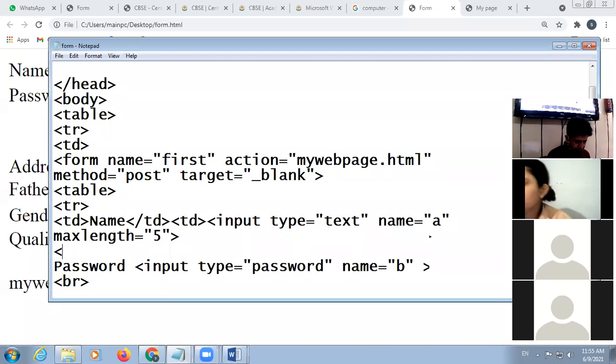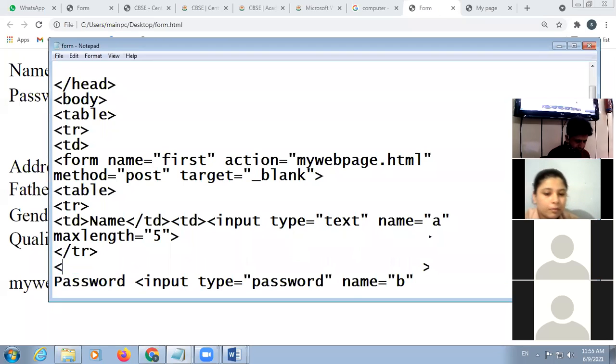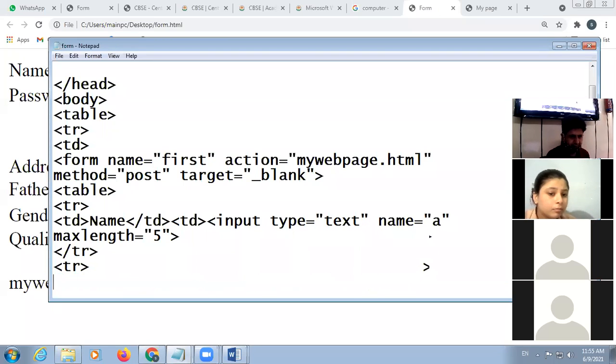I close the tr and then start tr again, then td.